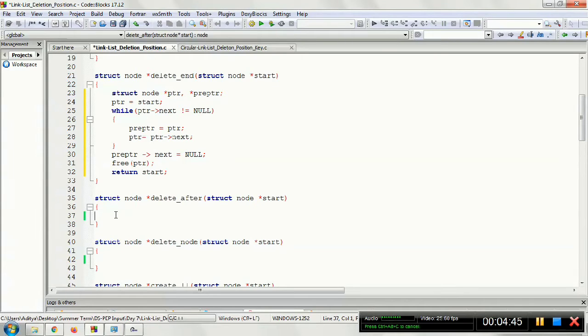Again, for this I need the help of the PTR and pre-PTR concept. The idea will remain the same. The pre-PTR will follow the PTR.